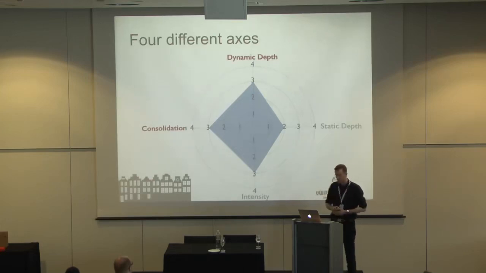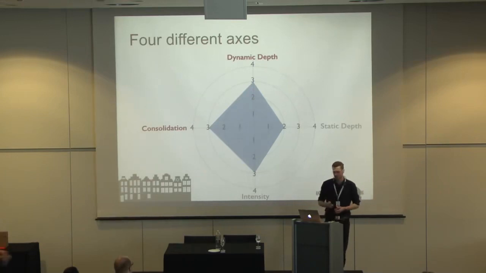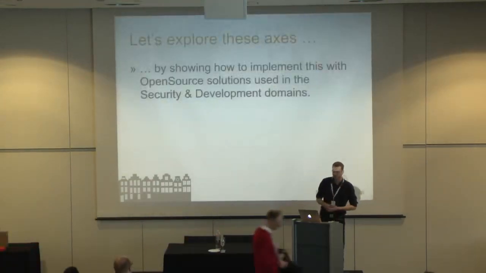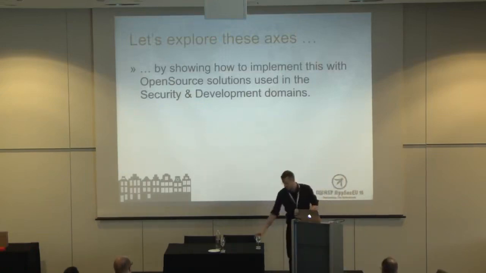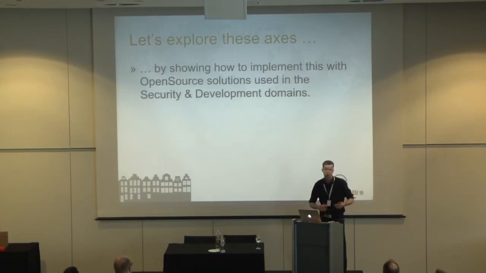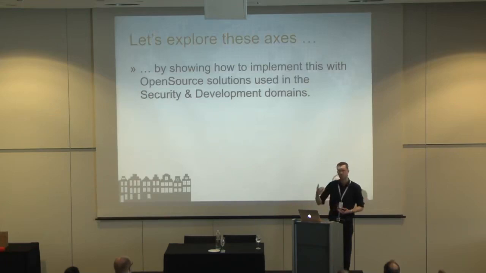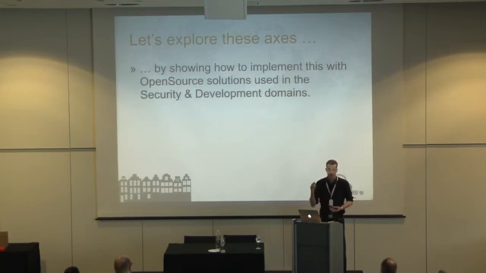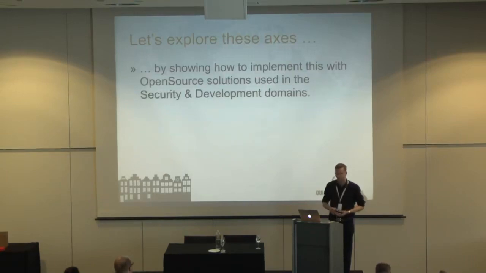And I will cover 2 axes in this talk, the dynamic depth and the consolidation axis, focusing on these 2. So let's explore these 2 by showing how to implement the certain steps with open source security tools we are eventually using already in our projects, but not in an automated fashion where there's some glue code or some glue steps missing, and I will show the necessary steps to achieve that. So this does not mean that commercial tools are not good at this. They are definitely. So there are a lot of good vendors in the exhibition area as well. It's just to emphasize the O of OWASP to definitely show open source tools and how to achieve that kind of thing. So let's start